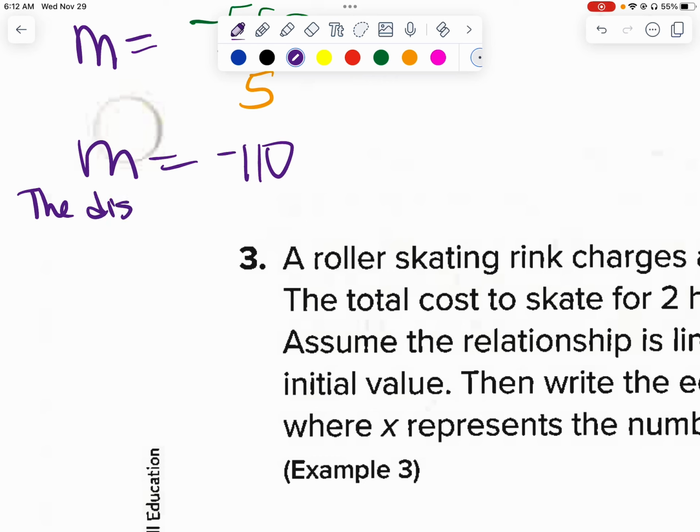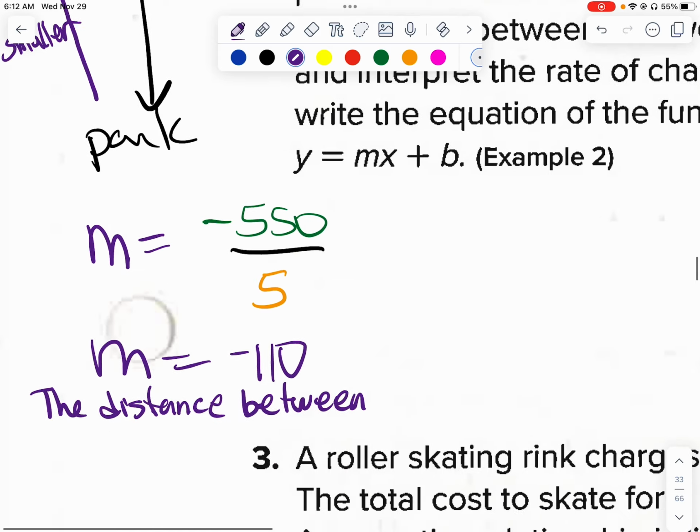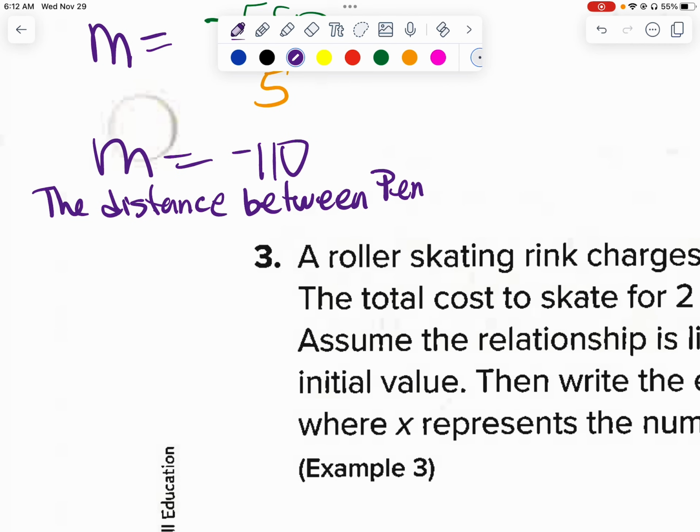the distance between, what was it, between Penelope and the park, lessens. I don't think that's how you spell that, but let's change it. Decreases. There we go. I like that word better. If I can spell it. Decreases by